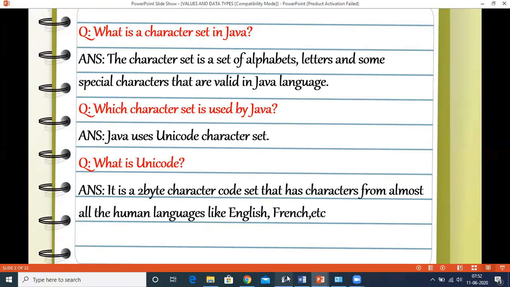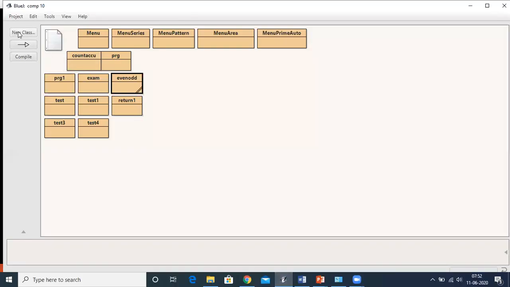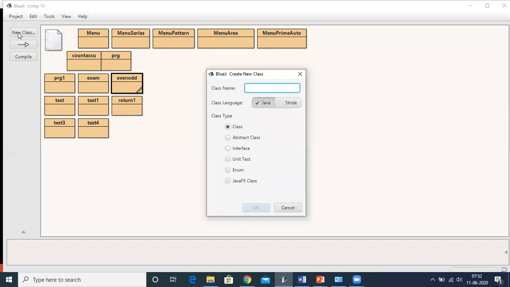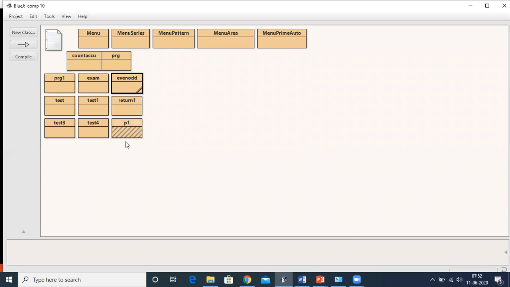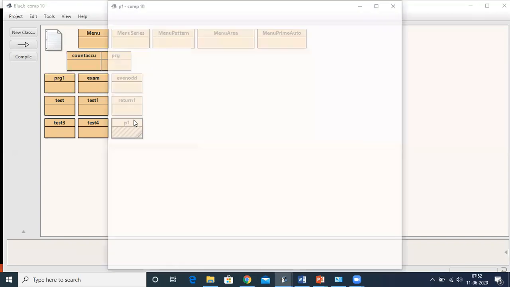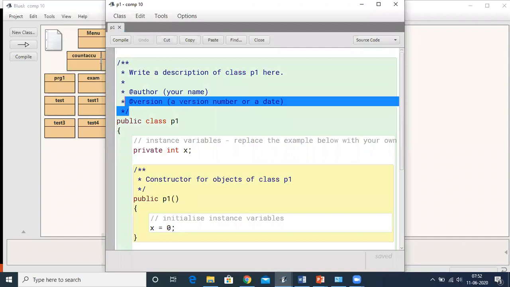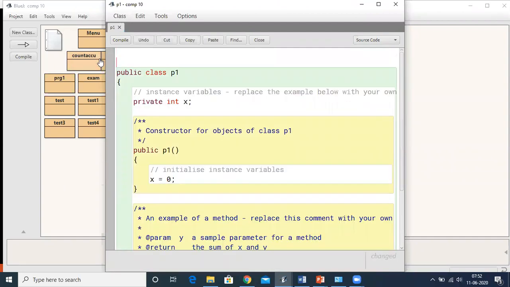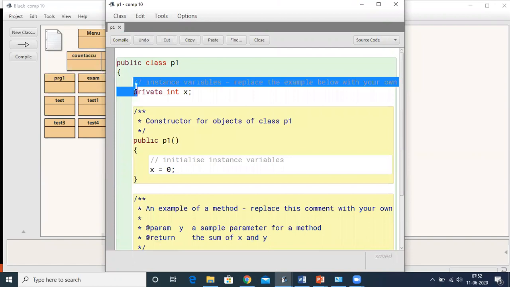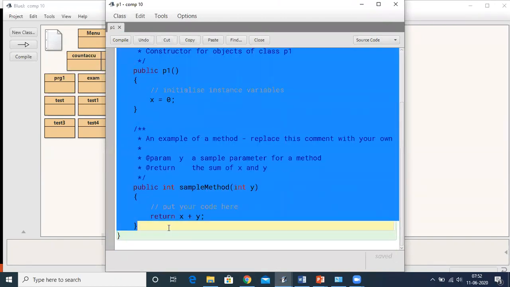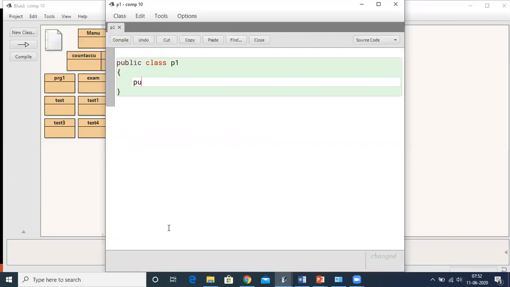Now, I'll show you practically. We will write a program in BlueJ. Now this will be a simple program. I open my editor window. Now always from beforehand, many statements are written in your BlueJ editor screen. You can remove them and you can write it according to your need. I'm writing a simple program to print your name. So I write over here.